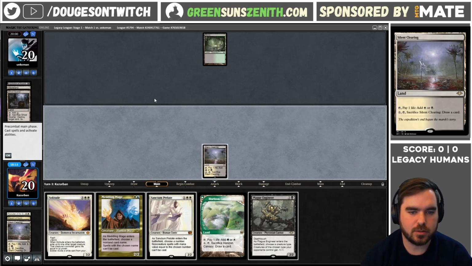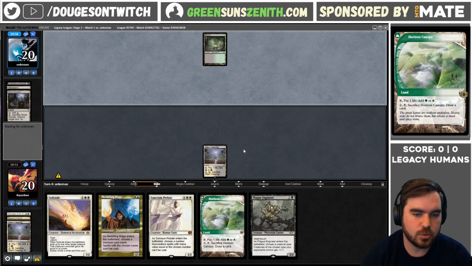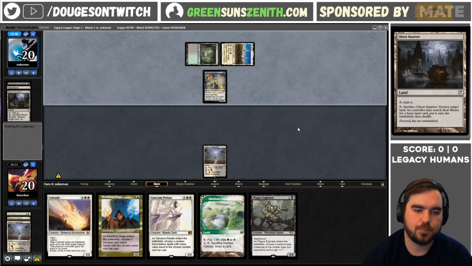I'm going to play the other Silent Clearing out and pass. I kind of want to keep the Canopy in case I draw a Noble Hierarch. I don't want that going as well. But Black Green Depths is usually a deck that plays just 1 Wasteland and 1 Ghost Quarter, so...